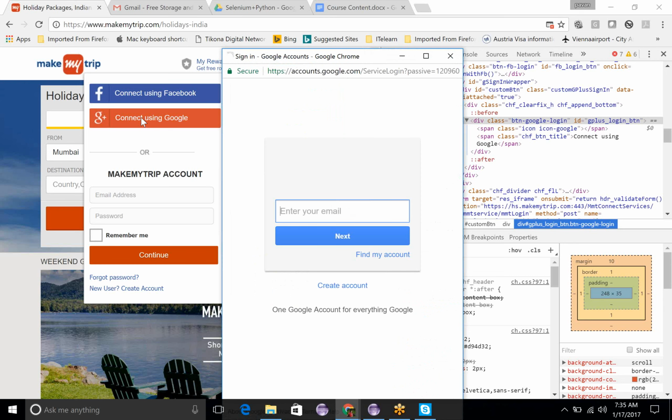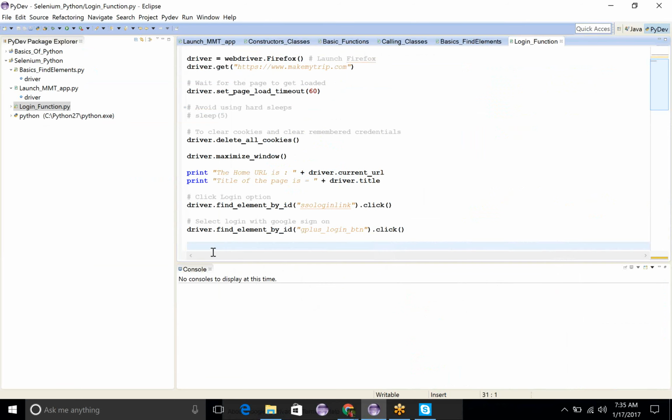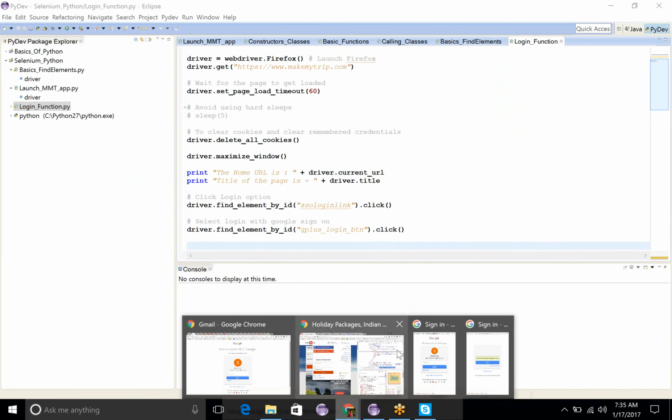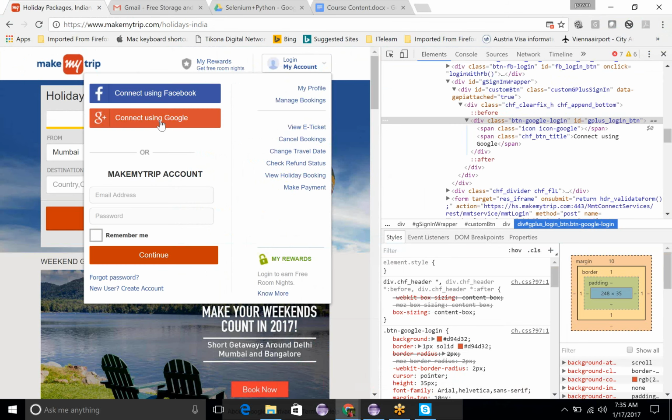Now our driver was actually still working on this window, right? Till this point the driver had launched the Firefox browser, and then it performed launching the URL, you know, and then performing all these actions till this point. So we were actually working on this window with the existing driver. Now once the pop-up comes up,